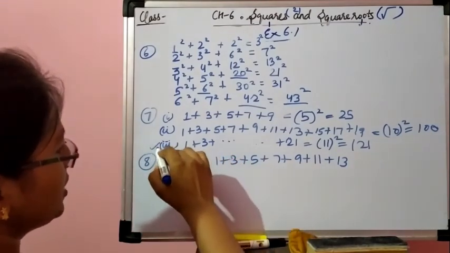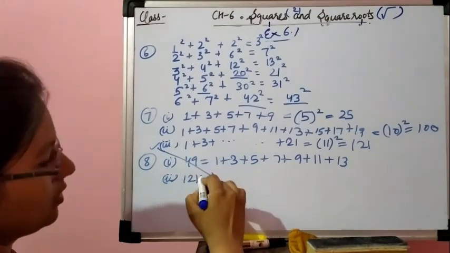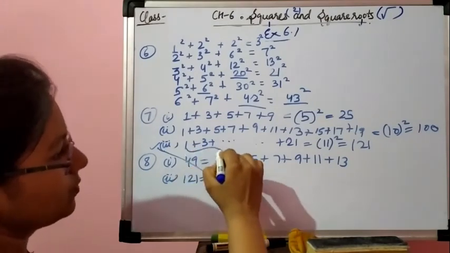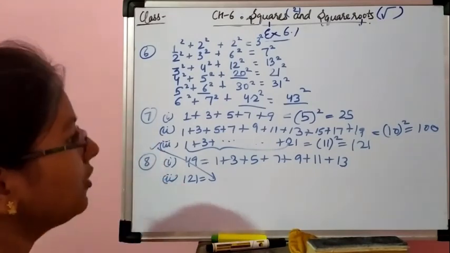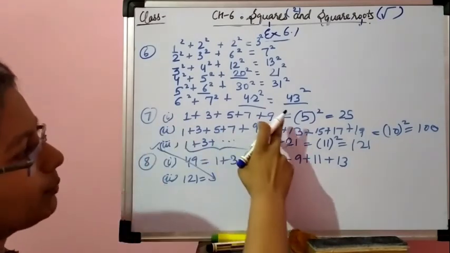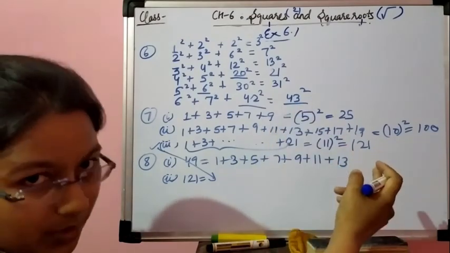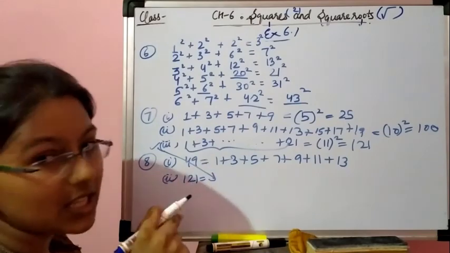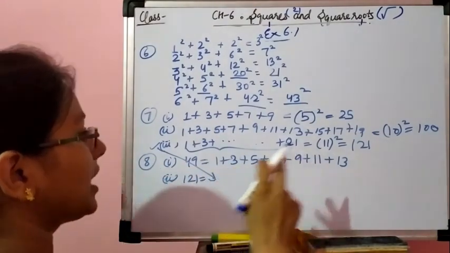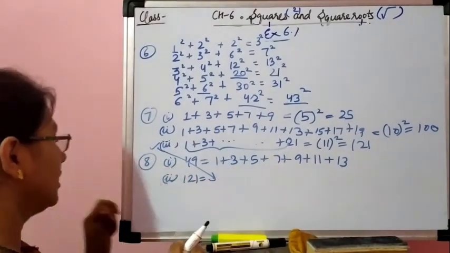So this part you can write here, like this portion. We can write here as the answer. 7 and 8 are just opposite of each other. In this, odd numbers were given and we have to add them, like without adding we have to tell the answer. And in the 8th question the answer is given, and we have to express it as a sum of odd numbers.